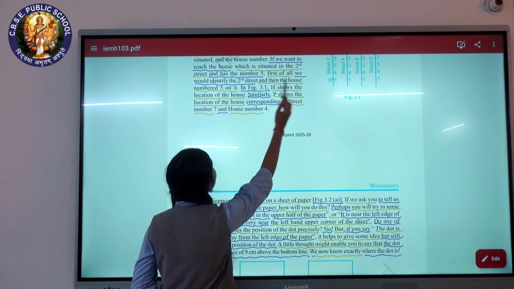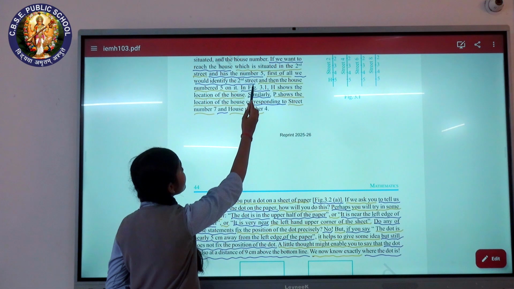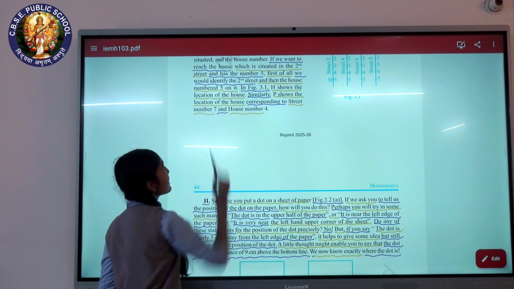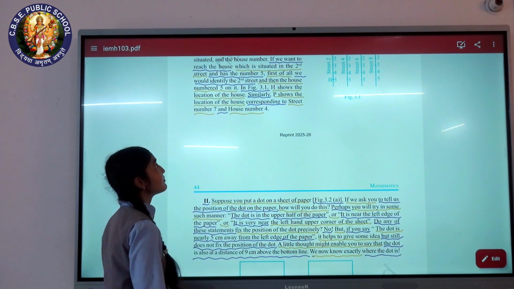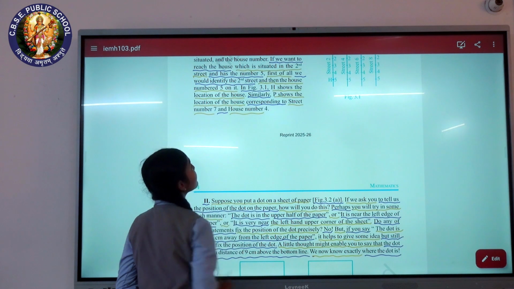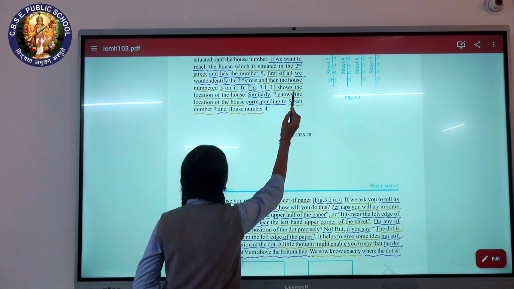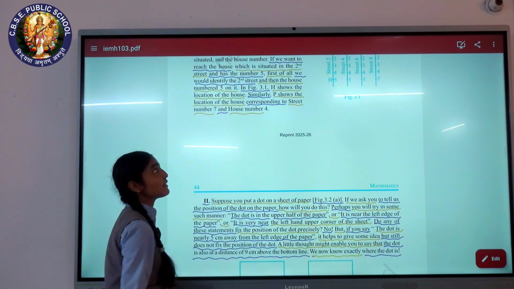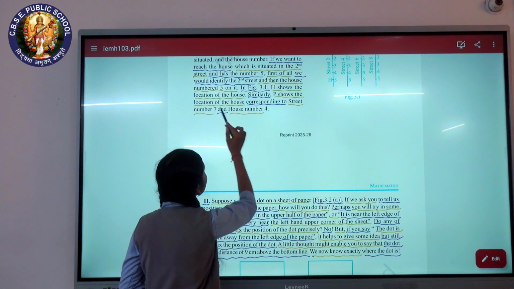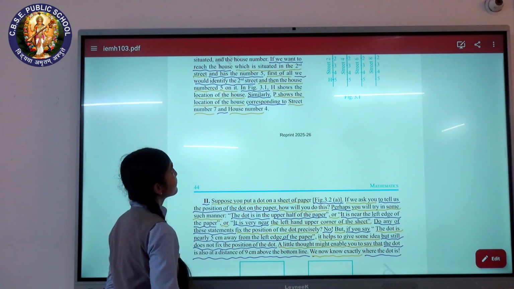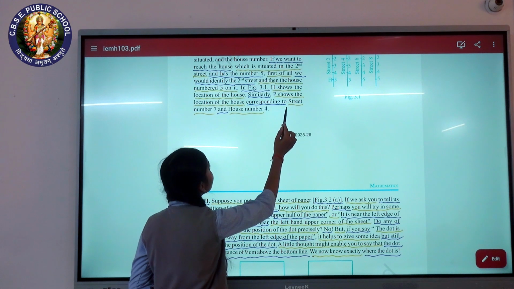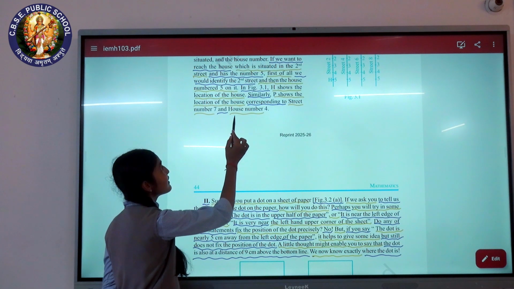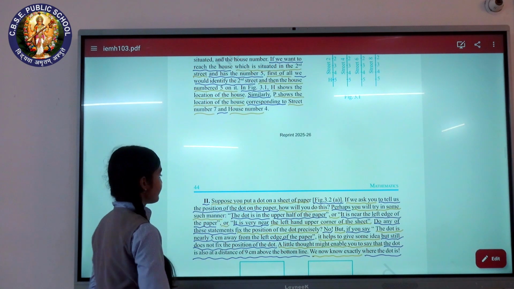First of all, we would identify the second street and then the house number 5 on it. In figure 3.1, H shows the location of the house. Similarly, P shows the location of the house corresponding to street number 7 and house number 4. Second,